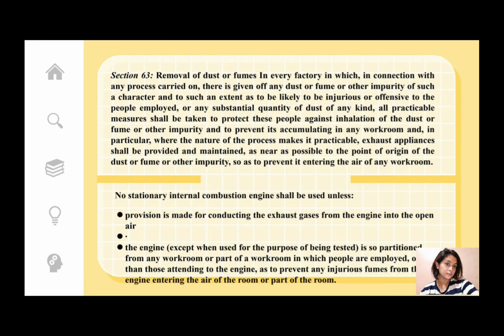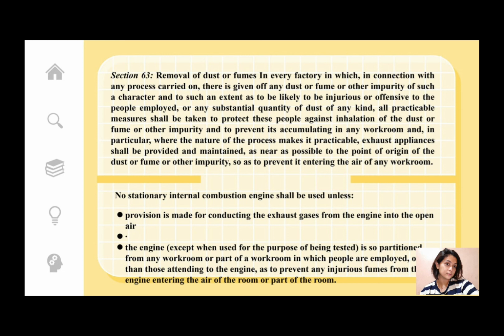So Section 63, Removal of Dust or Fumes. In every factory in which, in connection with any process carried on, there is given off any dust or fumes or other impurity of such a character and to such an extent as to be likely to be injurious or offensive to the people employed, or any substantial quantity of dust of any kind, all practicable measures shall be